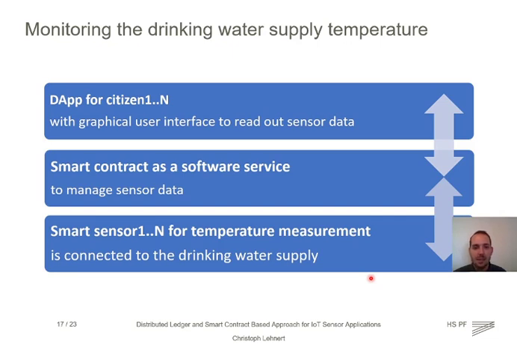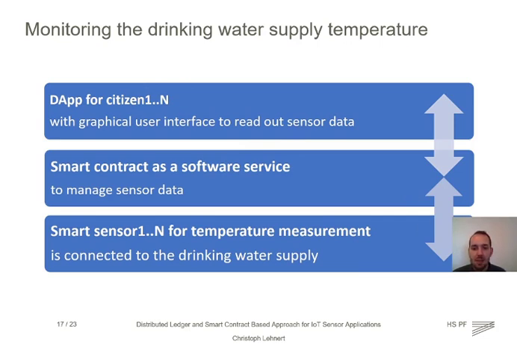In order to test the presented concept, all points were implemented and then evaluated for their suitability. The implementation is segmented into the areas: the smart sensor for temperature measurement, which is connected to the drinking water supply; the smart contract as a software service to manage the sensor data; and a decentralized application with graphical user interface to read out the sensor data.